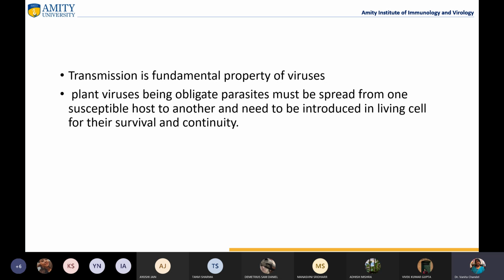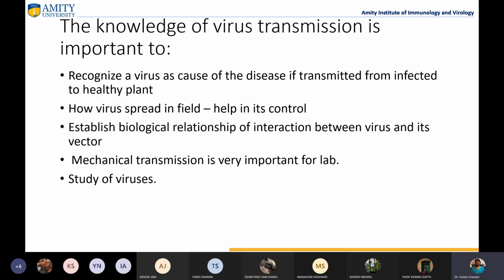Plant viruses, we know, are obligate parasites. So for them to spread from one host to another host, they need some kind of method or way through which they can introduce themselves to the other plant, right? It is very important for their survival. So why do we need to study plant viruses? Because it recognizes a virus as a cause of the disease. If it is transmitted from an infected to a healthy plant, then it helps us tell how viruses spread in